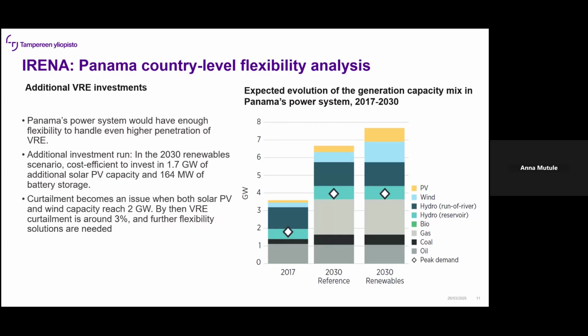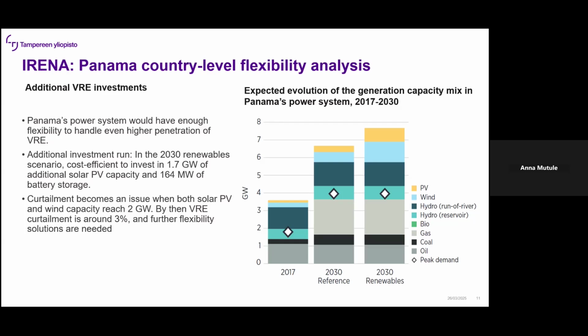Using Flex tool investment models and renewable scenarios, the analysis confirms that Panama's power system would have enough flexibility to support even higher levels of variable renewable energy. As shown on the chart, the model identifies cost-efficient investments in 1.7 gigawatts of additional solar power and 164 megawatts of battery storage, raising the renewable energy share from